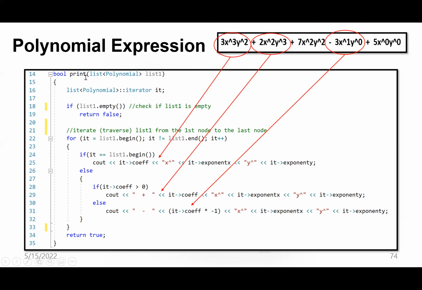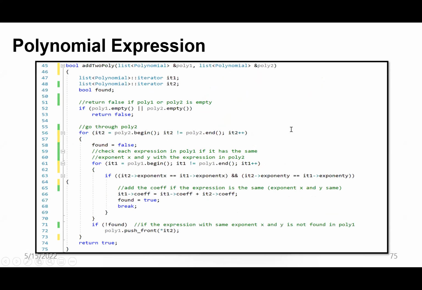And the function add 2 poly is to help me add 2 polynomials together and store the result in the first poly, the poly 1. To do this, I need 2 iterators. This iterator 1, IT1, is to iterate poly 1. Iterator 2, I make it to iterate poly 2. So how do I actually